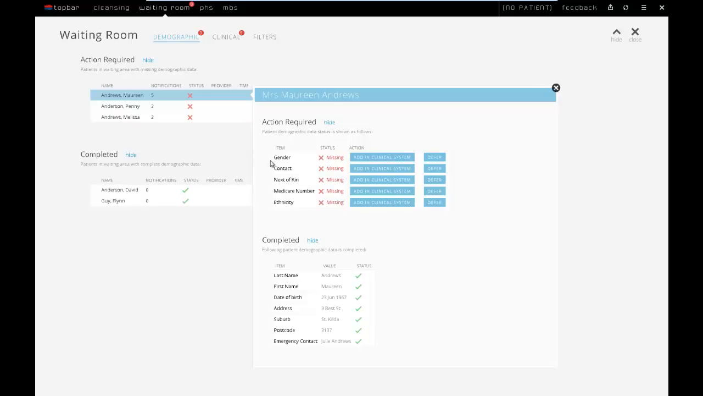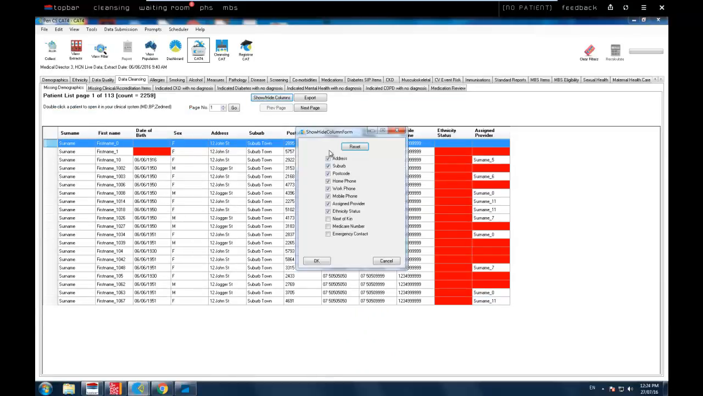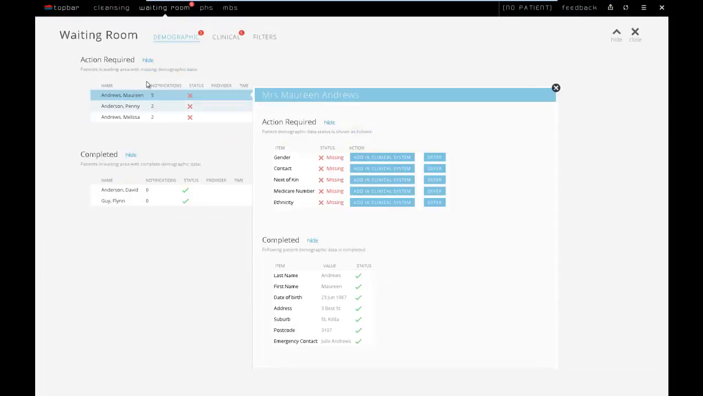These lists, the action required and the completed, relate directly to what we have in the demographic column in here. That's exactly what we check in CAT for everyone at your clinic, or a subgroup if you've used the filter. And in Top Bar we prompt or notify about the same missing items when people present, either through the waiting room app when they're in the waiting room, like my 3 people here with action required and the other 2